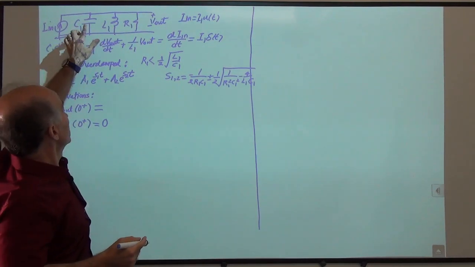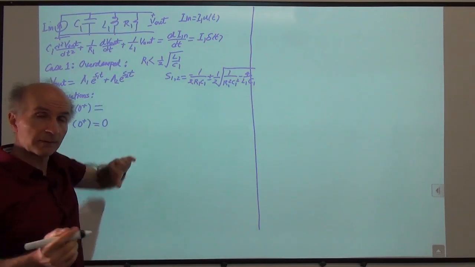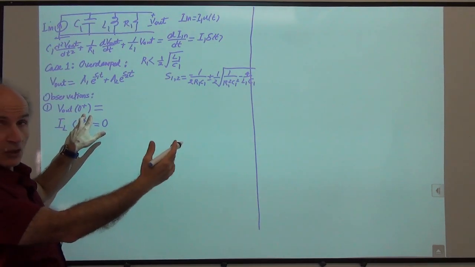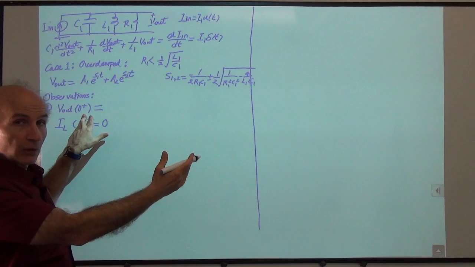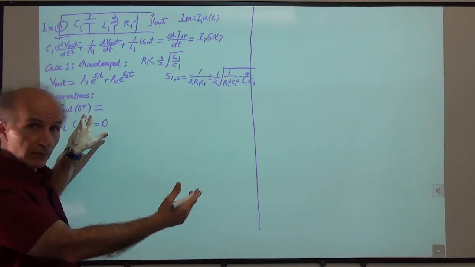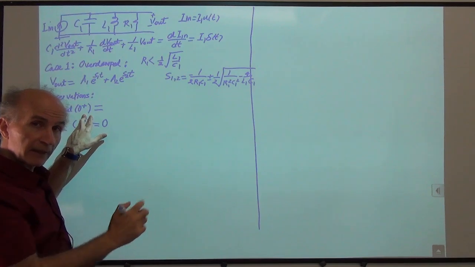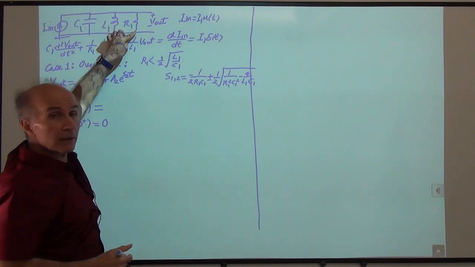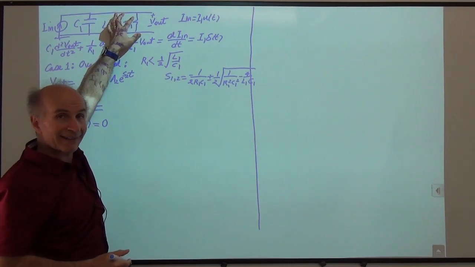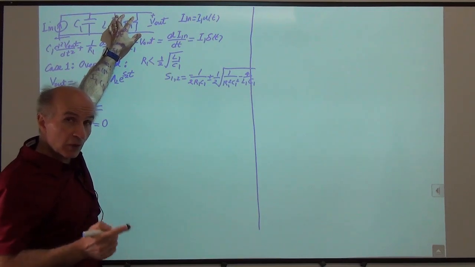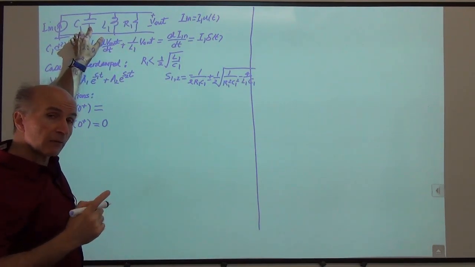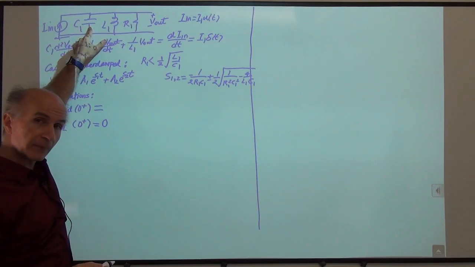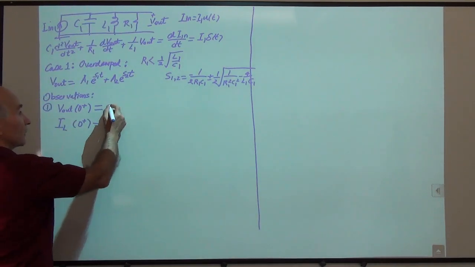So the current has to decide between C1 and R1, right? Only these 2. If it flows through R1, it generates a voltage. So V out 0 plus will be non-zero. If it flows only through C1, then there's nothing that flows through R1. So how do we decide that? Well, if this current flows through R1, it generates a voltage here at time 0 plus. But we know that the capacitor says my voltage shall not change at 0 plus because we don't have an infinite current available. So because of that, this voltage has to be 0,